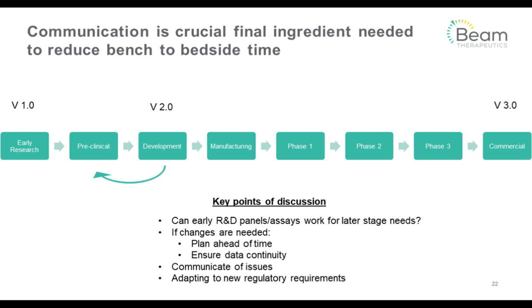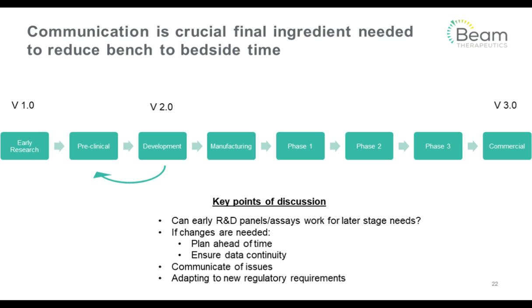So now that you've kept those 5 key considerations to really optimize and streamline your flow cytometry workflows, what is the final ingredient needed to reduce the bench to bedside time? In my vote, I would say it's communication. Communication at every stage, as frequent and early as possible. Some key points of discussion to keep in mind